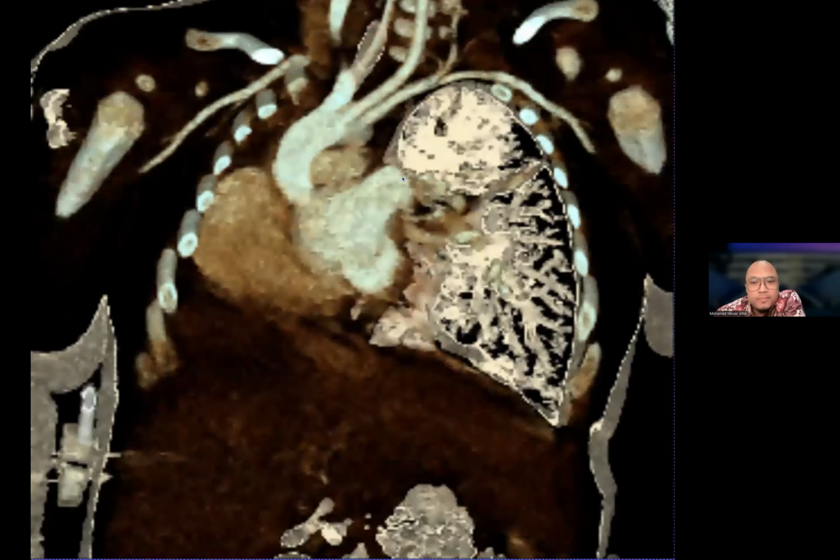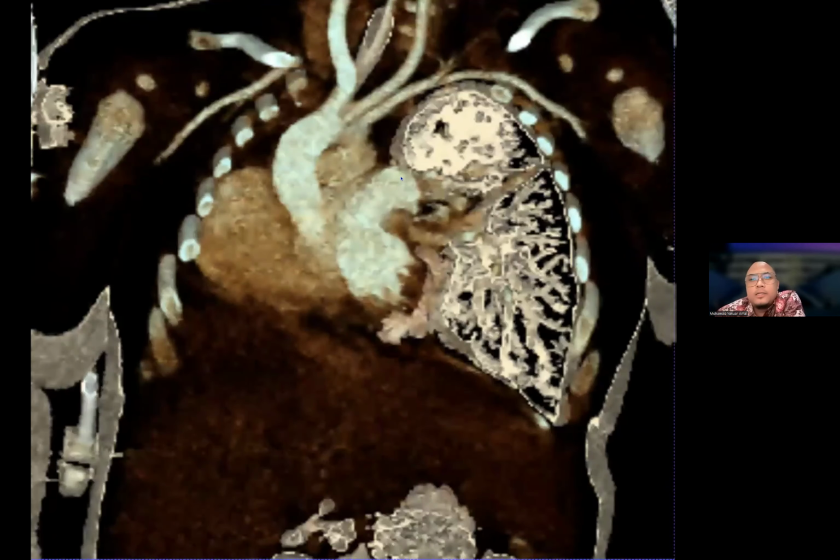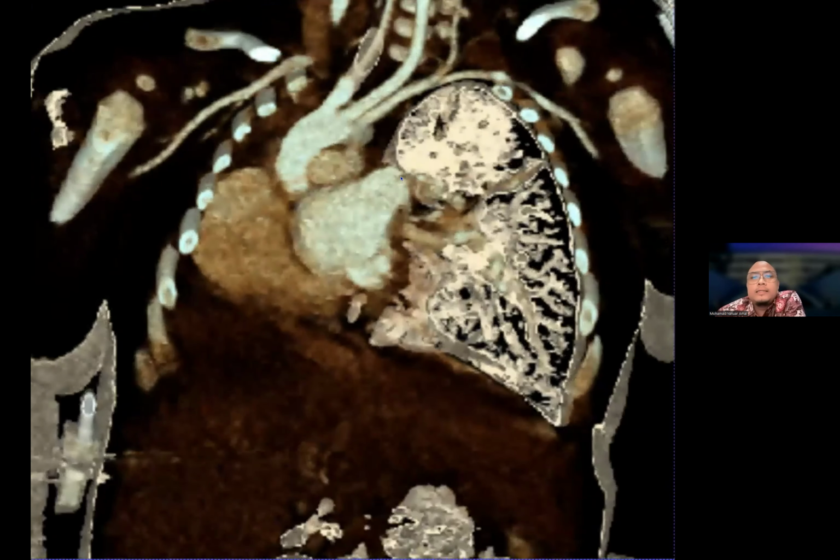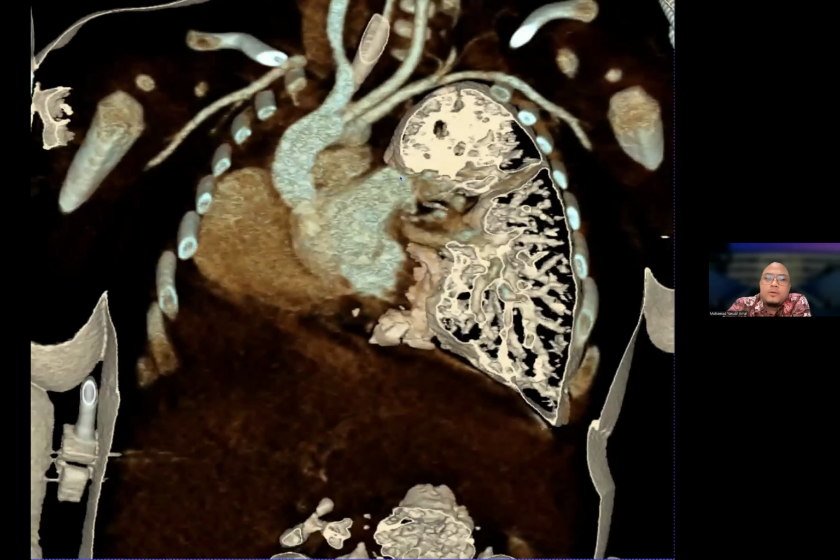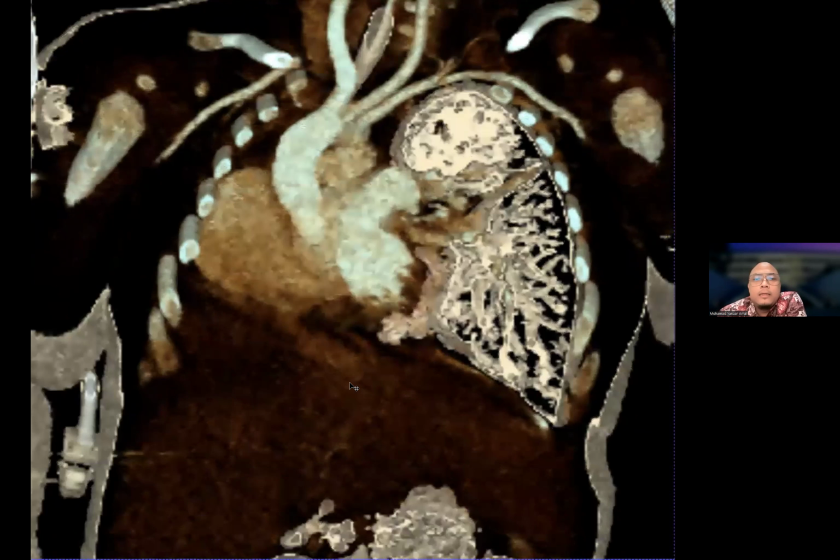So this is actually not really related to congenital heart disease, but this is interesting because not only in congenital heart disease can we see some kind of this anomaly, but not in the